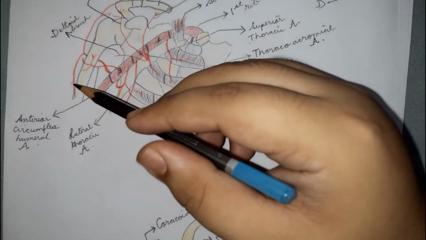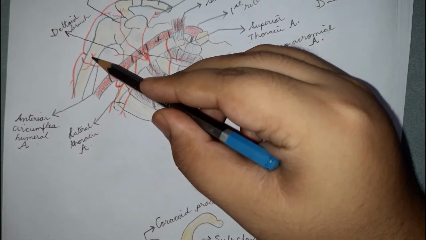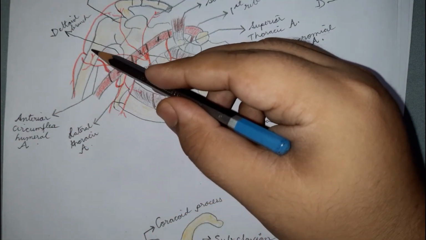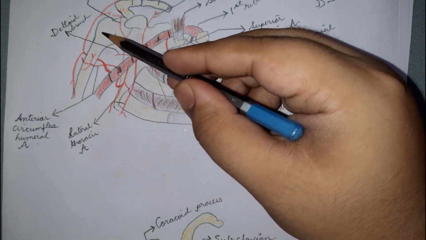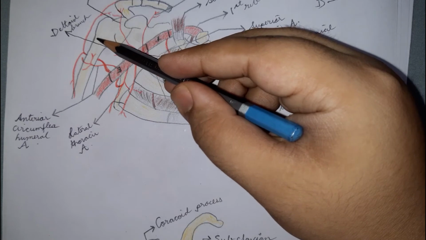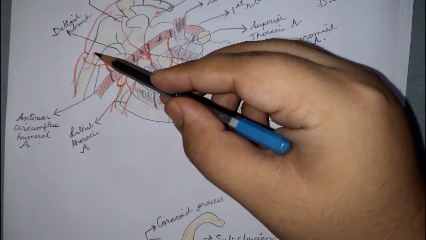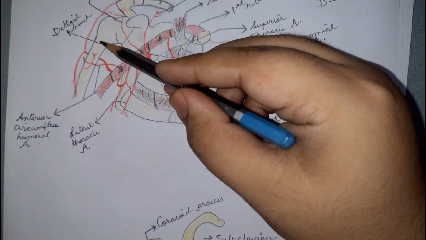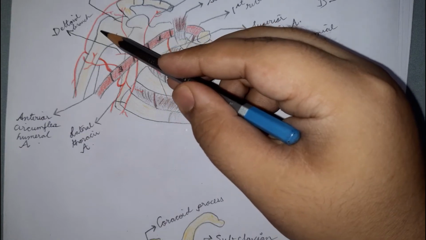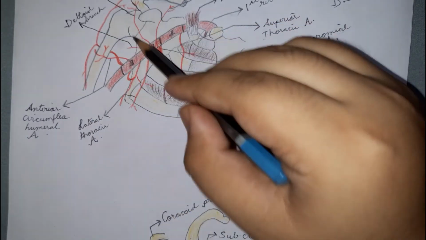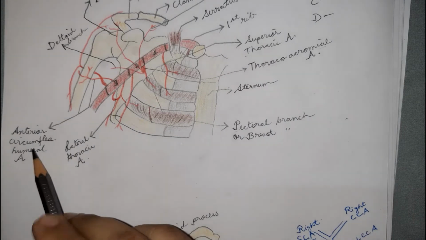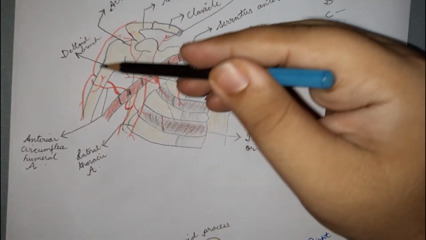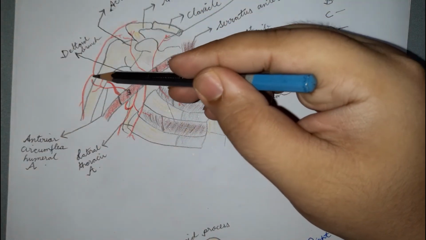The anterior circumflex humeral artery gives off an ascending branch like this, and this will move on in the bicipital groove. I have cut it short. This will move on, and then it will supply the head of the humerus along with the shoulder joint itself. Anyways, beyond our discussion, the anterior circumflex humeral artery itself terminates by anastomosing with